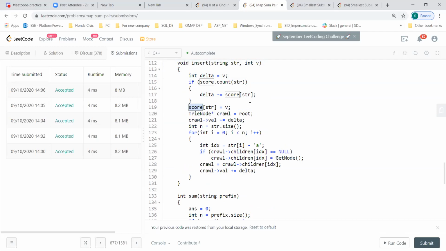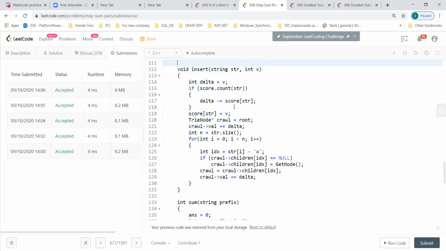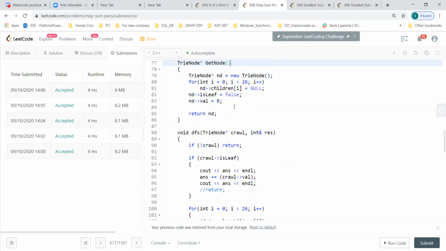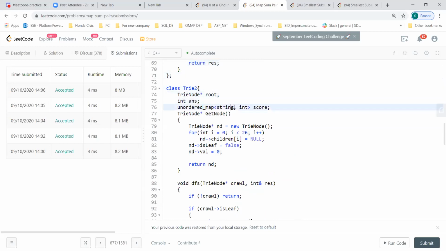So you need to have this information beforehand, before you go into a try node, or else it will be a lot of work. So that is one thing which is required. And this is that unordered map I'm using. So along with the try, we'll have to use another data structure.